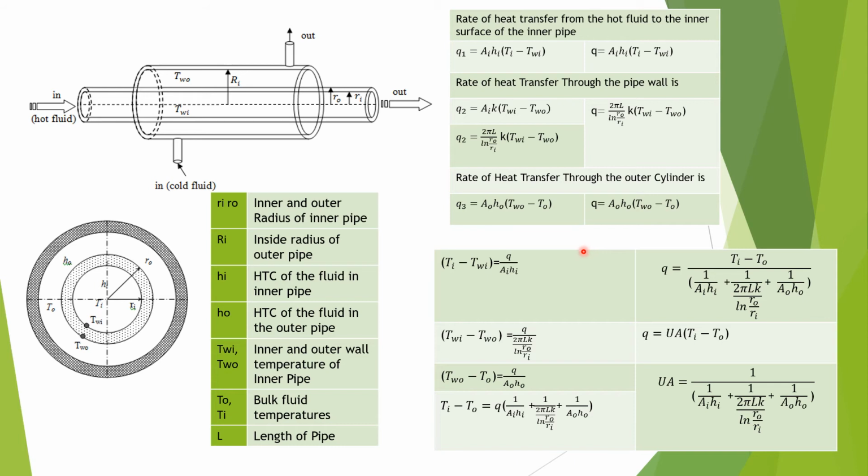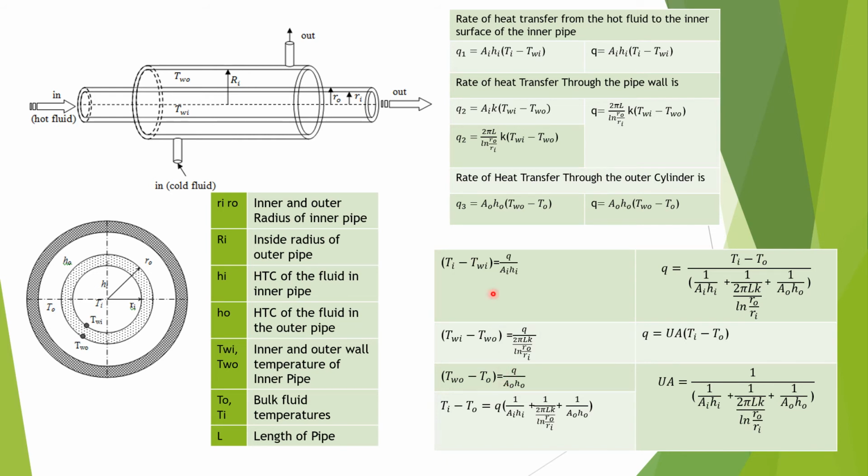Now we will move to the next step, that is अब हमें ये इक्वेशंस, ये तीनों इक्वेशंस, now we will get these three equations in terms of temperature. That is, हमें क्या करना है, बस टेम्परेचर की टर्म लेफ्ट हैंड साइड में रख के पूरा इक्वेशन अलग से लिखना है. That is, we are just going to rearrange these equations and we are going to get it in terms of temperature. So then we will get these equations.